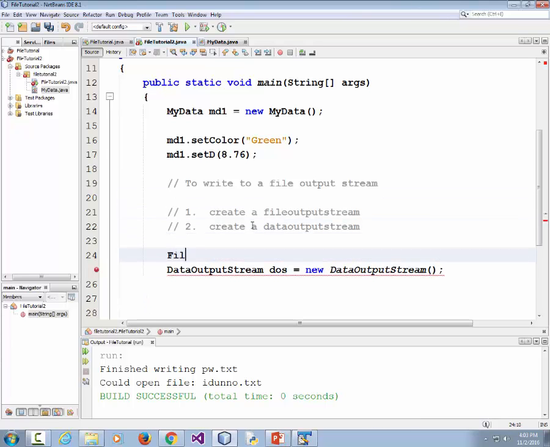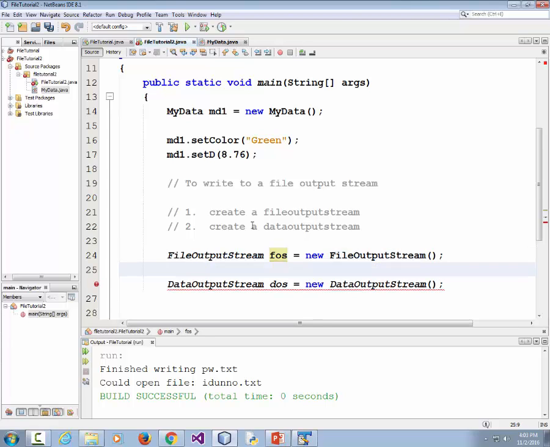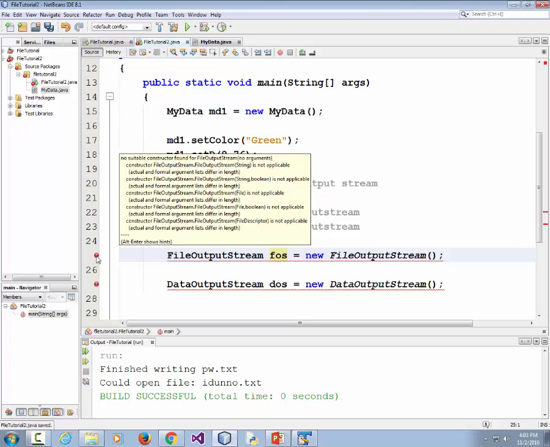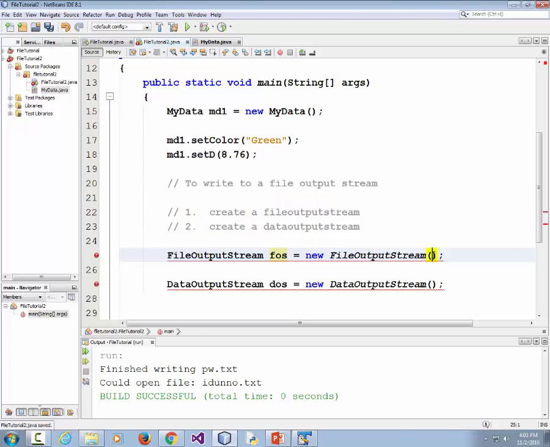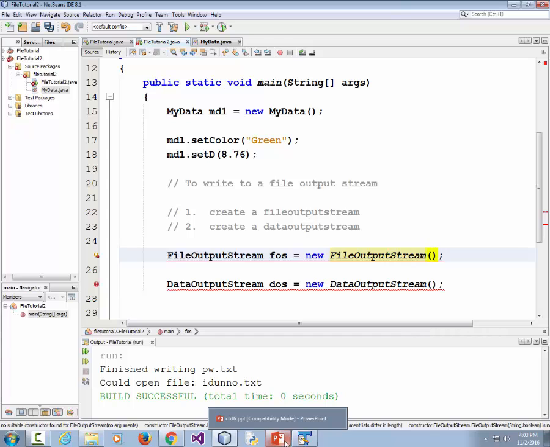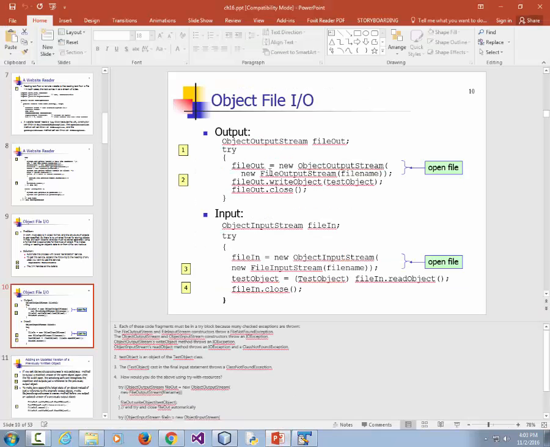So file output stream, FOS, is equal to new file output stream. I need to add the import for it. That still didn't fix it. No suitable constructor. The problem with this is I'm not passing in a file name when I try to create my file. When I do file output stream is equal to new,